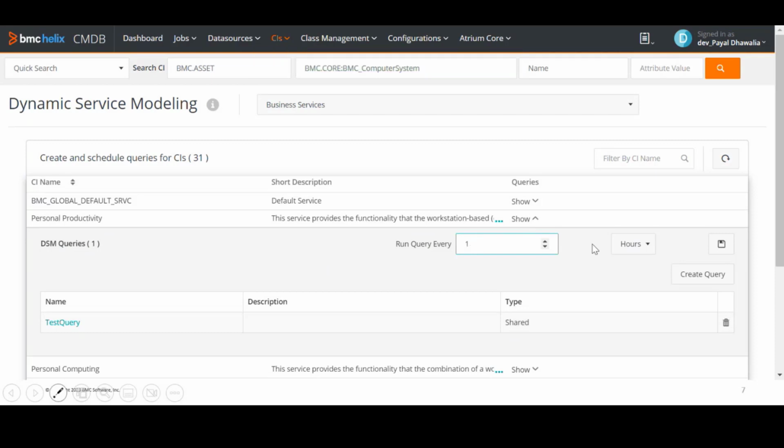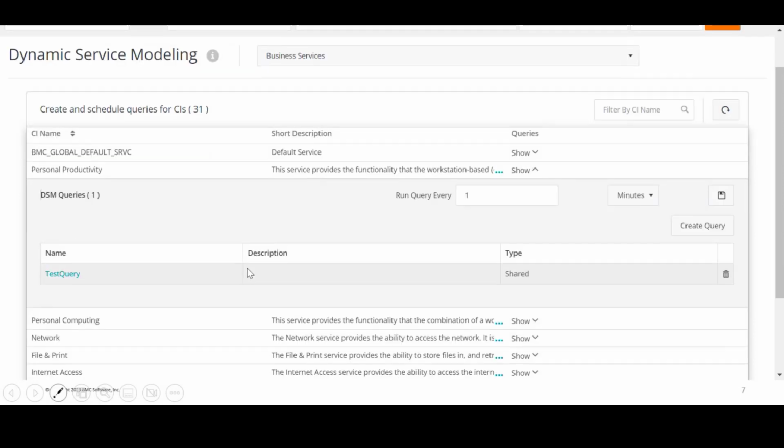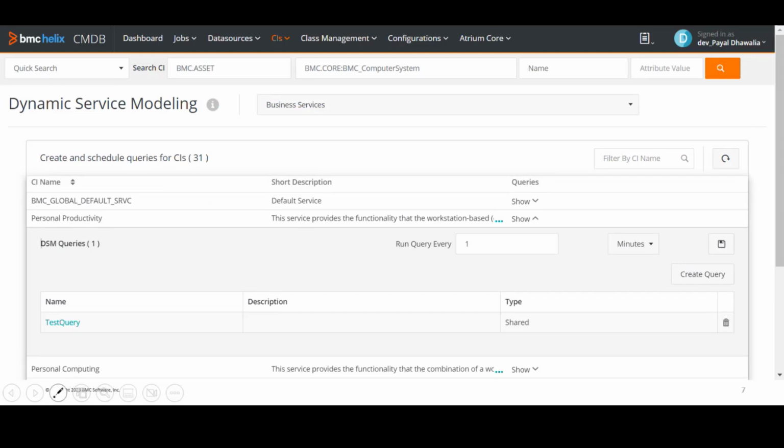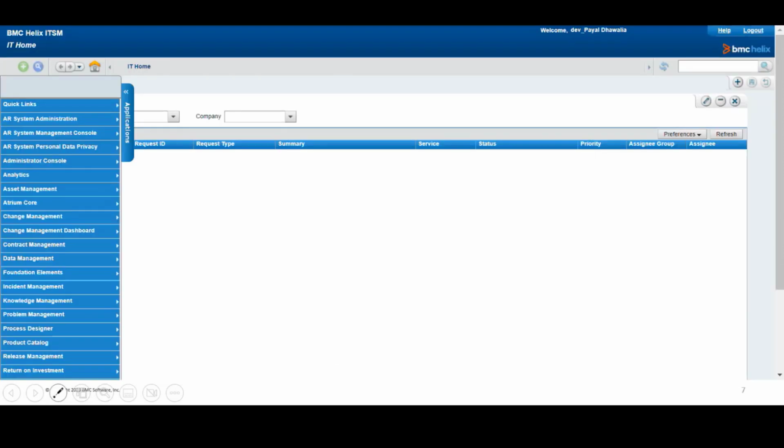Okay, I click update because this was already created. Now let me just get this query run. I'll set it to 1 minute and save this. So we will wait for a minute until this DSM query triggers, and it relates this personal productivity business service with the computer system Optiplex 9020. Meanwhile this is running,